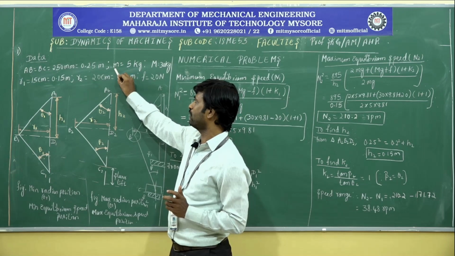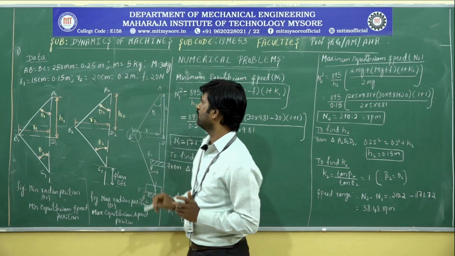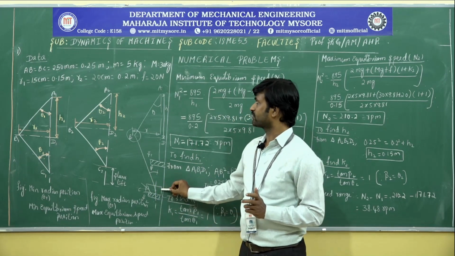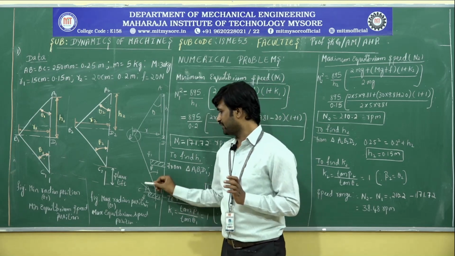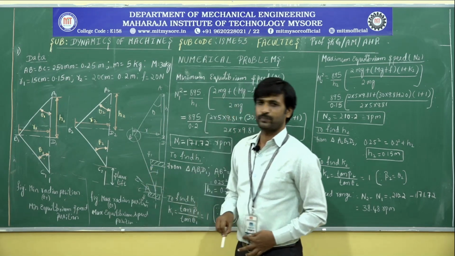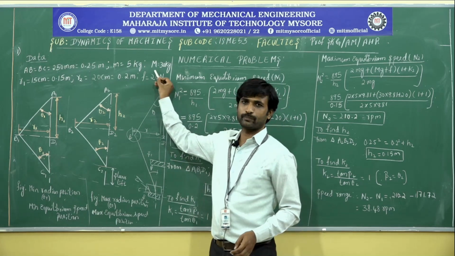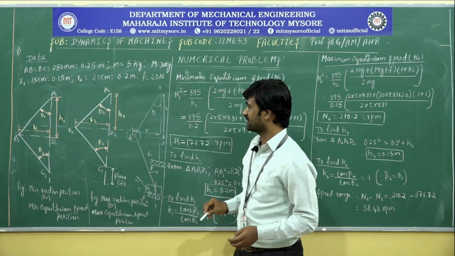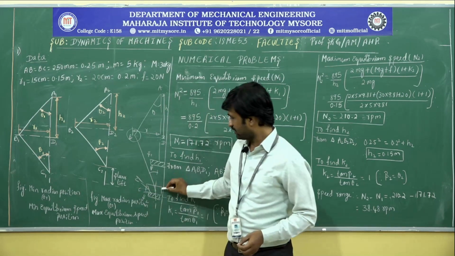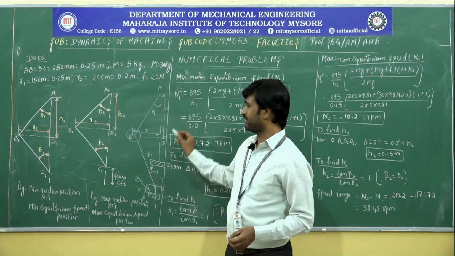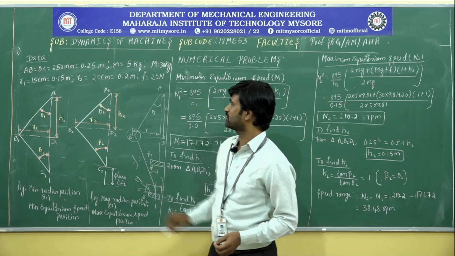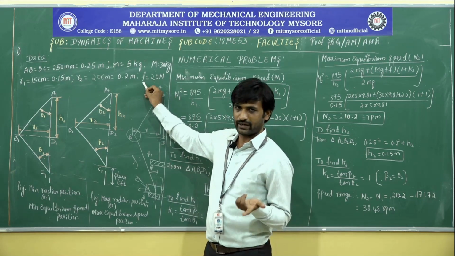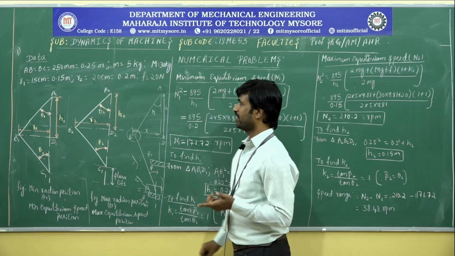So, the value of small m will be equal to 5 kg. In this problem it is stated that the mass of the sleeve is 30 kg, and while doing the derivation for the equilibrium speed, the mass of the sleeve we have denoted by capital M. So, the value of capital M will be equal to 30 kg, and they have specified that when the sleeve moves along the spindle axis, there will be a frictional force of magnitude 20 Newton. So the frictional force we have denoted by F, and its value will be equal to 20 Newton.